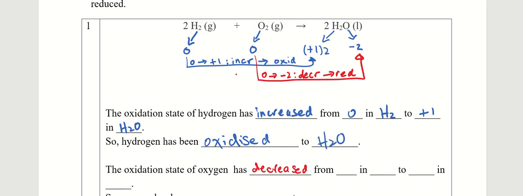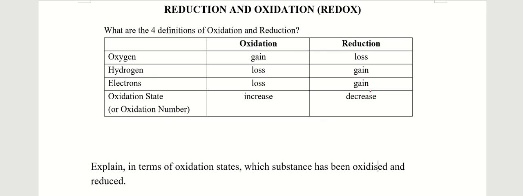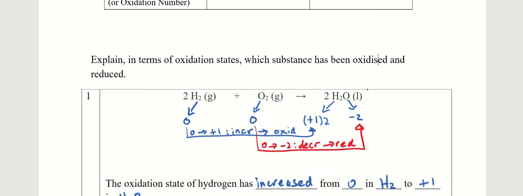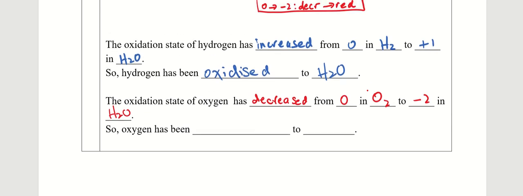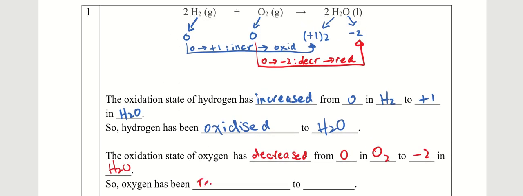It started off as 0 in oxygen, which was here, and it decreased to -2 in water, -2 in H2O. So we can say that since the oxidation state of oxygen has decreased, we know that it has been reduced. So oxygen has been reduced to